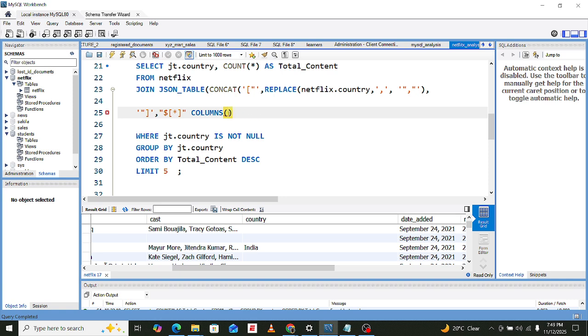This is the country, and then varchar, subtype varchar, and then we are giving these 255,